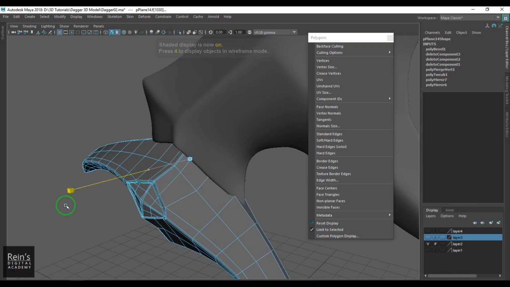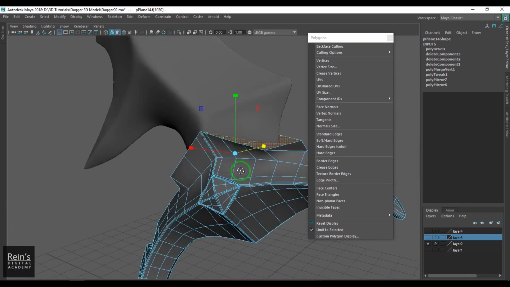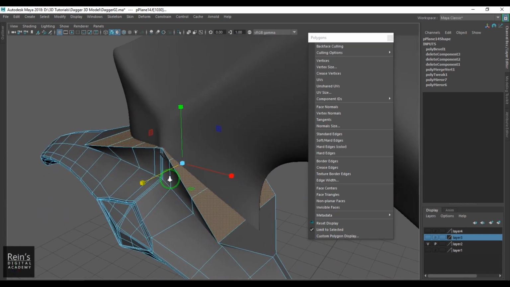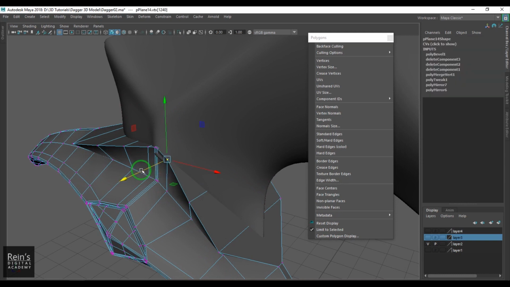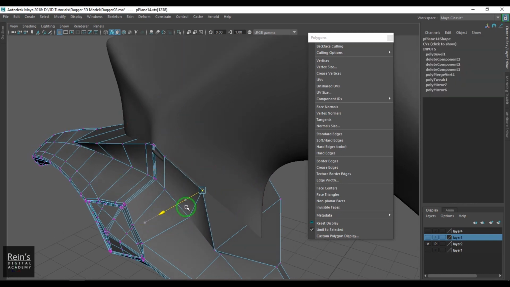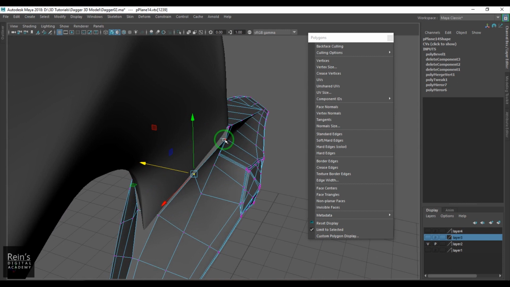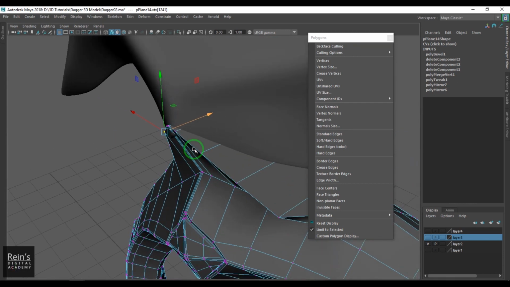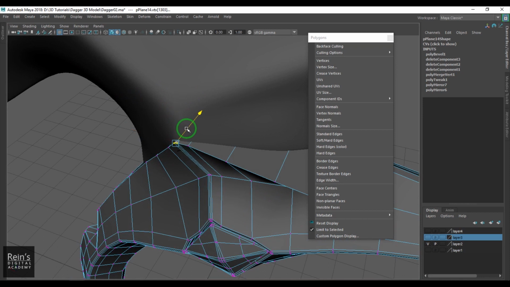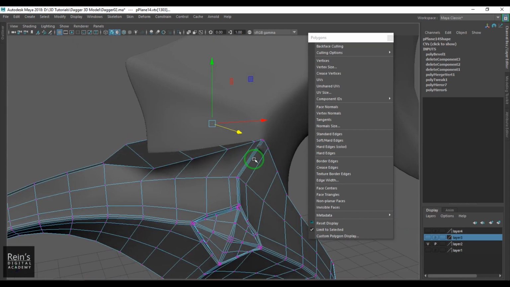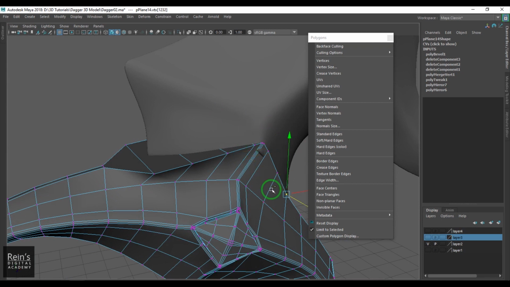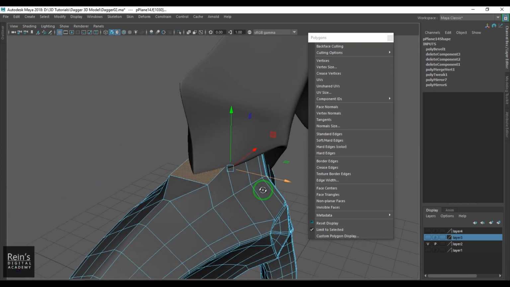and then scale it up like that. Okay, now start moving this point close to the model. I'll just quickly undo it. Okay,